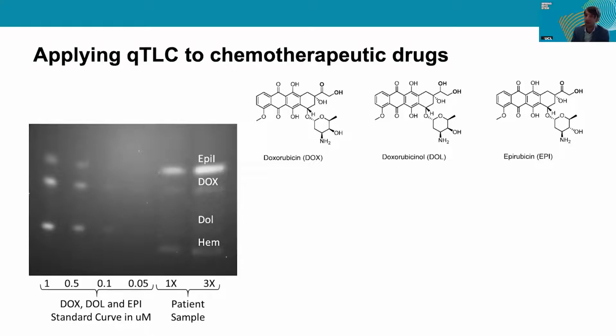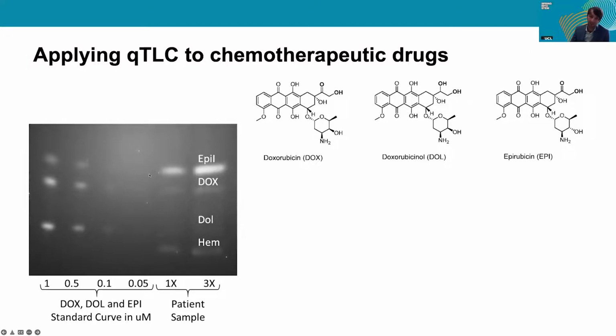Now, this kind of technique can also be used in the quantification of chemotherapeutic drugs, and this is shown here. Okay, so as I said before, a very common therapy involves the drug doxorubicin. And what you want to see to understand the metabolism of the patient is also how the patient is turning doxorubicin into doxorubicinol, which is a metabolite. What you can see here on the left is this approach of having calibration curves to guide the concentration of the unknown concentration of the compound. And we can see here the separation, how thin layer chromatography has enabled us to separate the different compounds that can then be quantified individually.